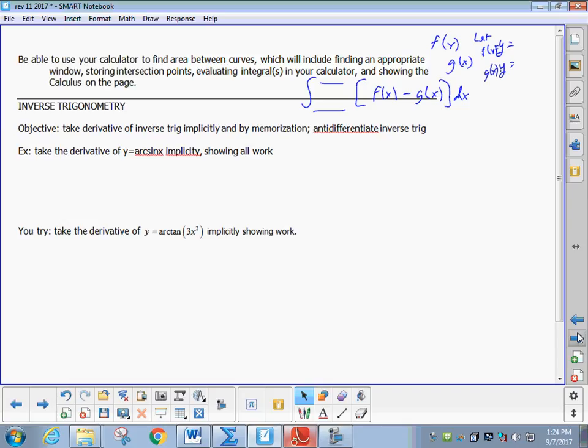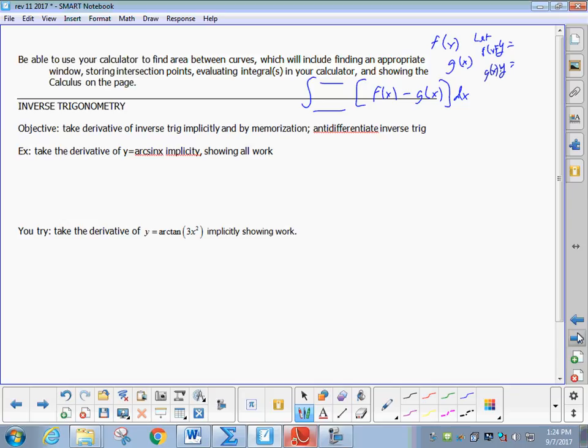So I want to clearly communicate what I expect to see if the directions read, show the work. It says take the derivative implicitly, showing all work. Your goal then is to get the dy/dx, but to see where it comes from. And then let me start here. Say you didn't know, man, I don't remember arc sine's derivative. Well, one workaround is that I do know how to take